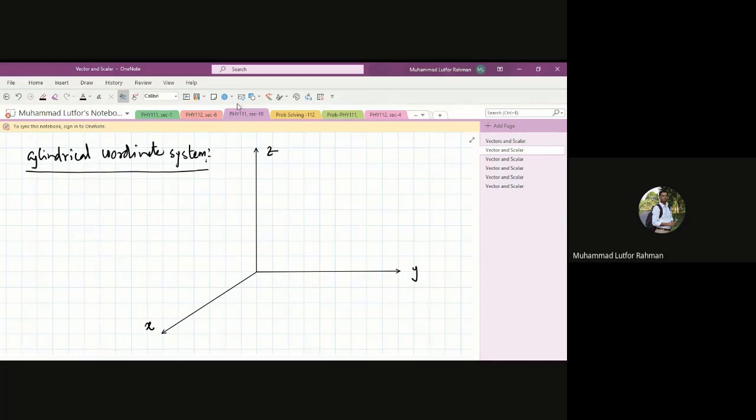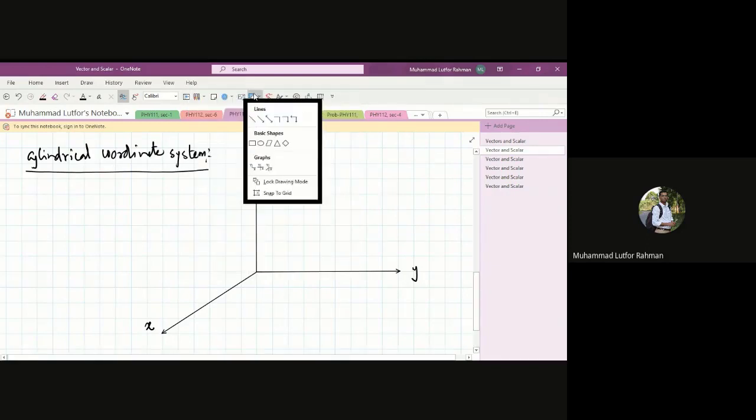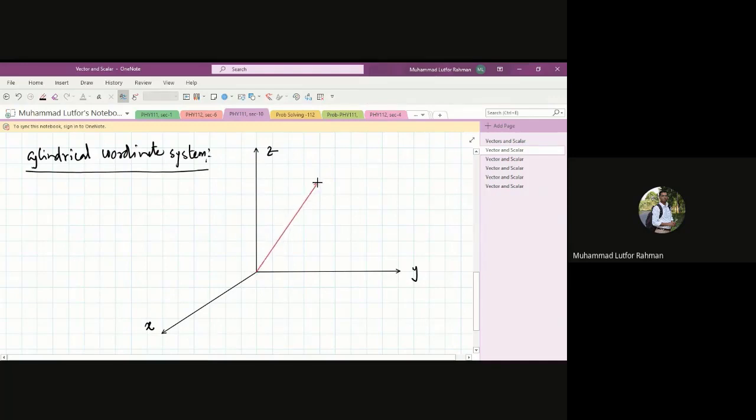In the case of this, say I have a position vector which I'm taking from this one. Say that point in the Cartesian coordinate system, I can find out, say x, y, and z,